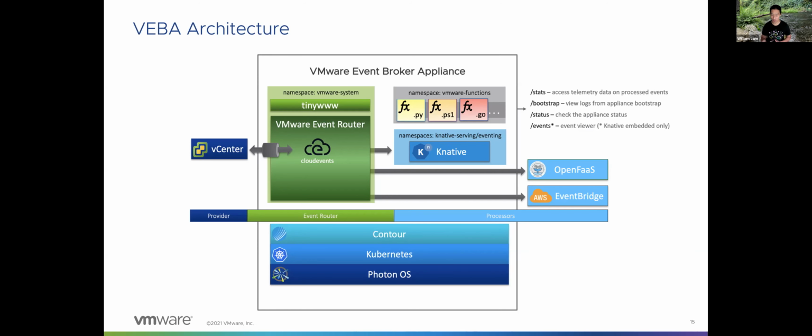We then take that CloudEvent and forward it to our Knative eventing and serving component that's deployed in the appliance. That provides us the ability to run Knative services, to then run the piece of function that you provide. This could be as simple as a Python script, a PowerShell script, and like Michael said, it can even be a Bash script, really allowing users to come in with the language of their choice. Once you get that event, you can write the specific business logic for it. So really powerful. Let me pause there for a second to see if there are any questions or comments from chat, or if anybody wanted to shout something out.